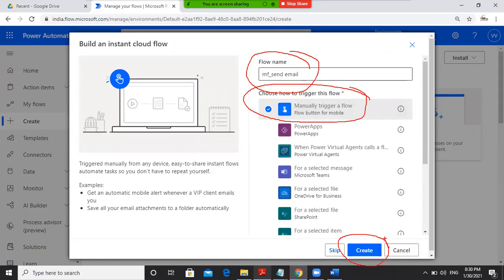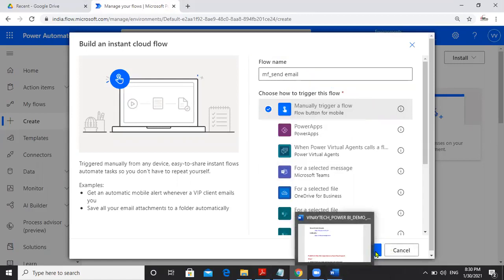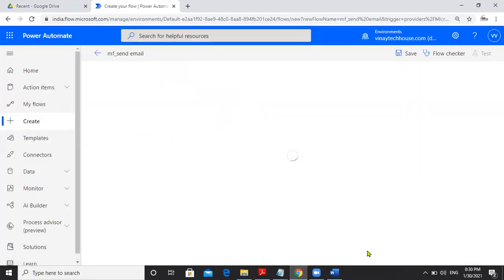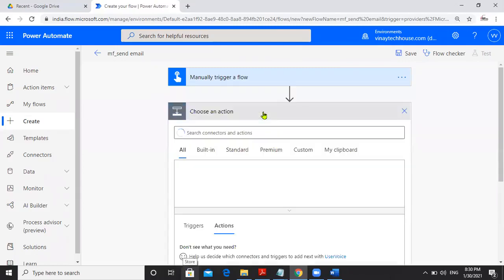Click create. See, this will appear like this. Now create whatever step you want to create.